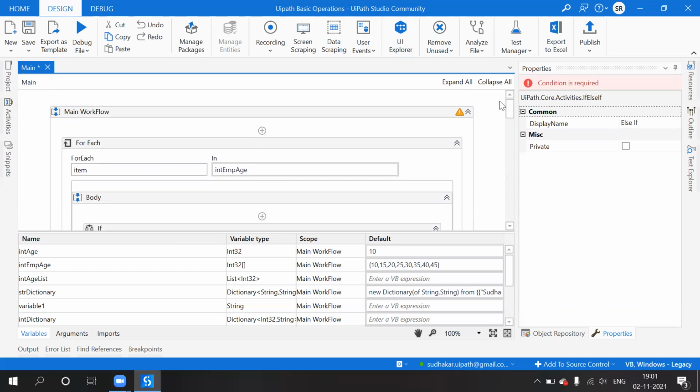See, the difference between if and else if is this: if the condition is true or false, we can have only two activities to be executed, either then or else. If I go for else if, we have options again. If you end up with that condition, we can go for else. So if you want to execute different if conditions, then we will go for else if. That is the difference.